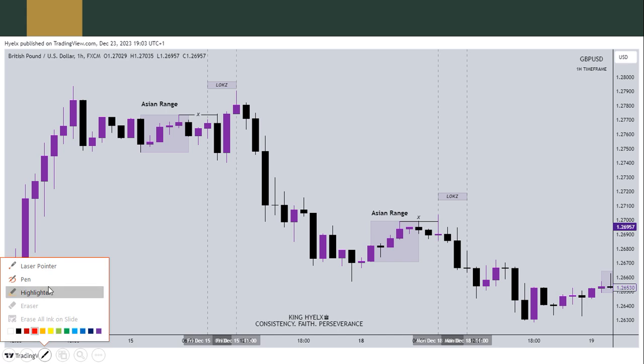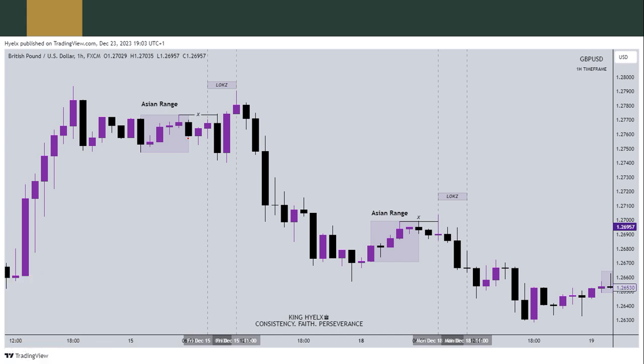So let me do this. All this moving right above the Asian range is a manipulation, right, to take out liquidity. And then you see how it formed the high of the day, right? It formed the high of the day and then we went in the opposite direction throughout the entire day, right, to form distribution. So let's keep going further, shall we?